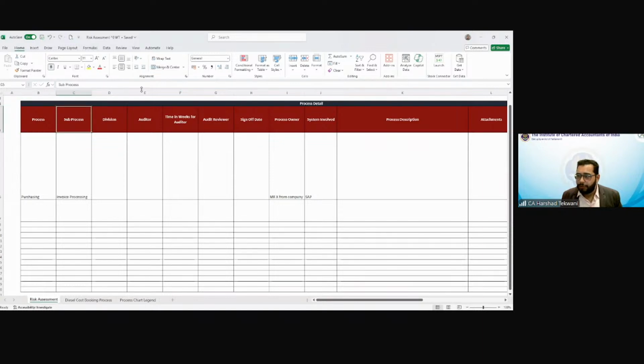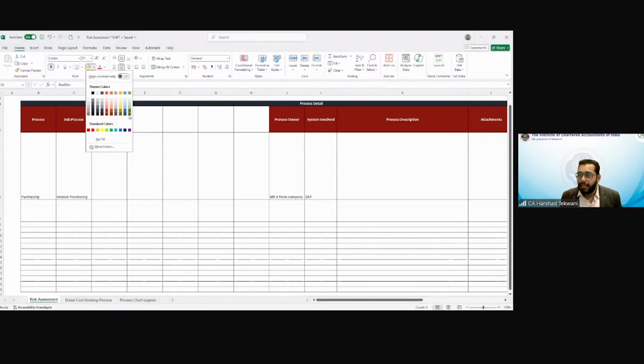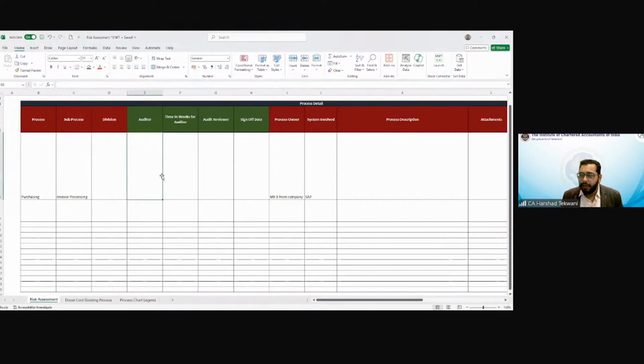These 4 columns are for the auditors. Basically, they provide the details to the auditor. For example, Mr. A is going to be the auditor for that. He will require 3 weeks. And the reviewer will be Mr. B, who is the manager. The sign off date expected to complete this whole area is 30th July